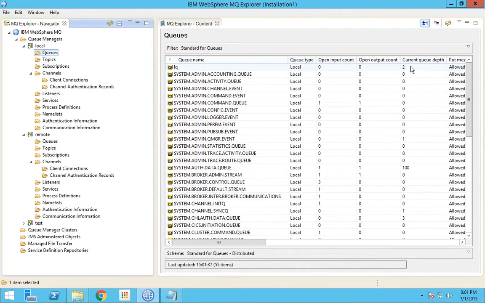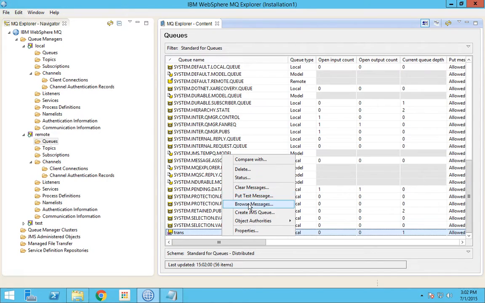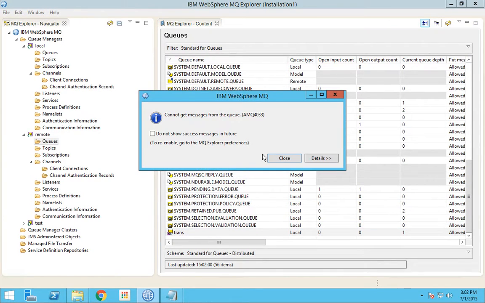We can see the queue depth is still 2 because the channel has been stopped. So the message will be piled up in the transmission queue in the queue manager remote. You can see that the current depth is 1. So the message hasn't crossed because the channel has been stopped.